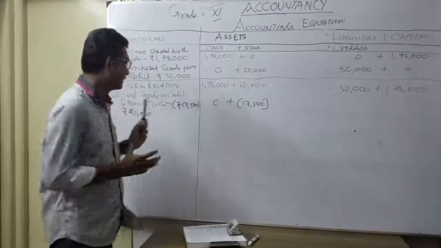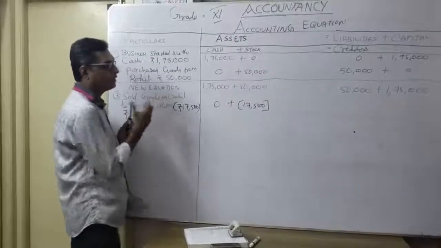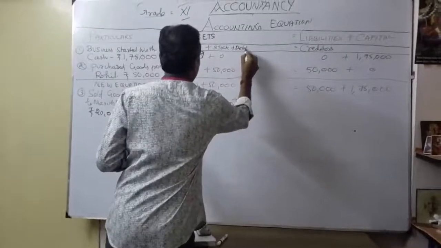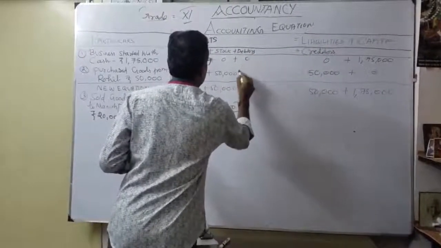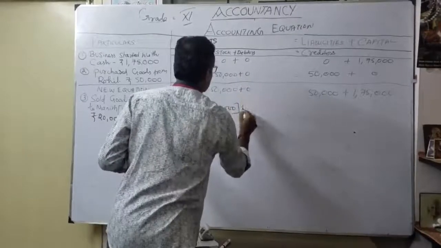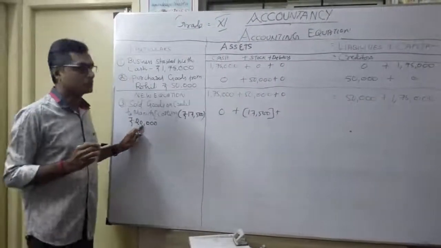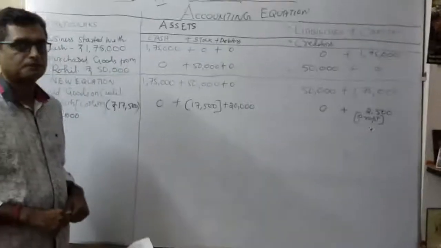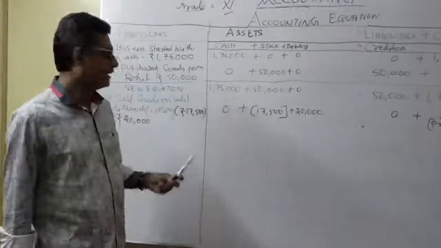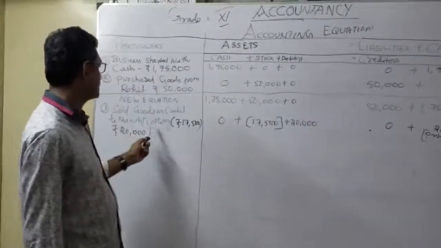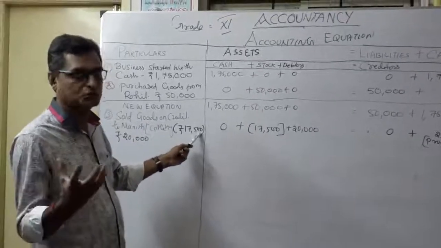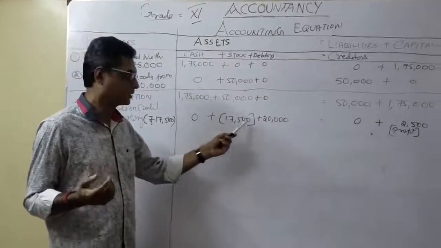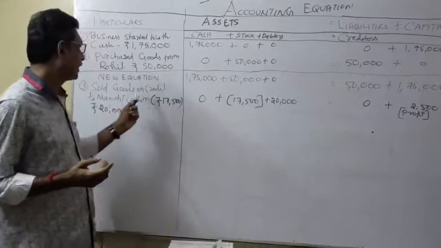Okay, one is over. Thereafter I sold to whom? Manish. So we call this here what? One more, debtors. I understood why I am putting like this. So debtors plus 0 plus 0 plus 0 plus how much we sold? 20,000. So 17,500 worth of goods I sold for how much? 20,000. So here we said now sold goods on credit, the cost is 17,500 worth of goods. So that's why it's going to reduce under stock. Within the bracket, we are going to write 17,500. Then sold to whom? Manish on credit.